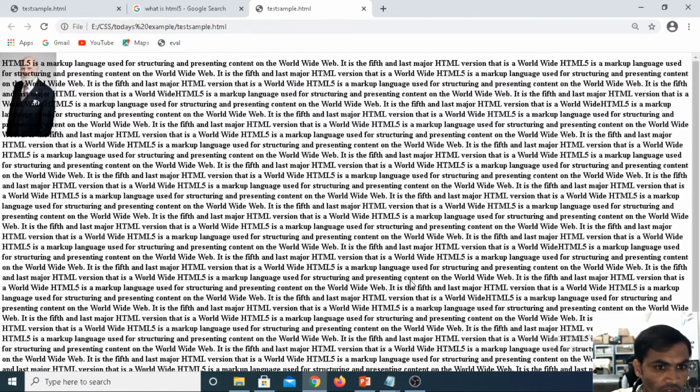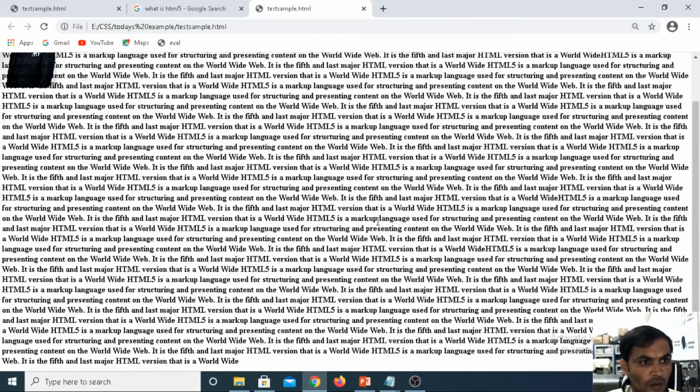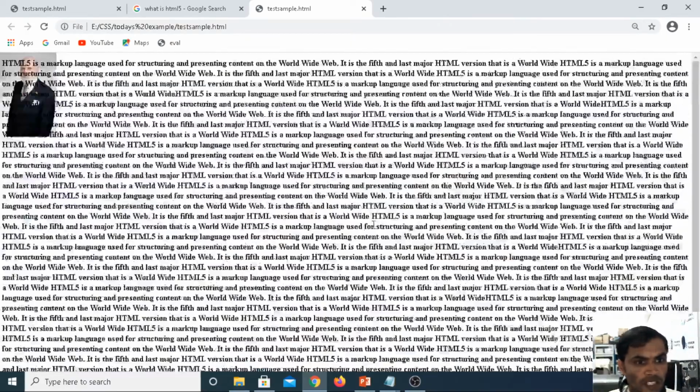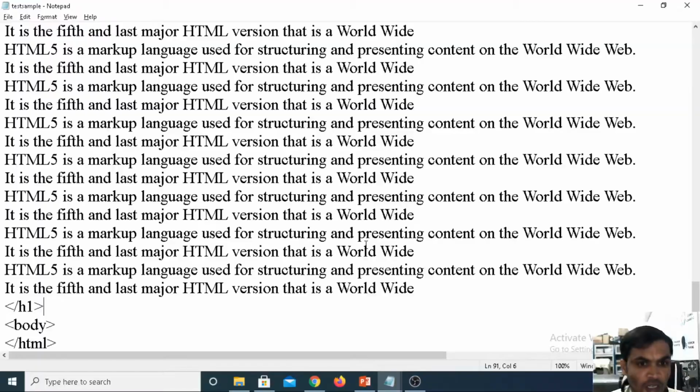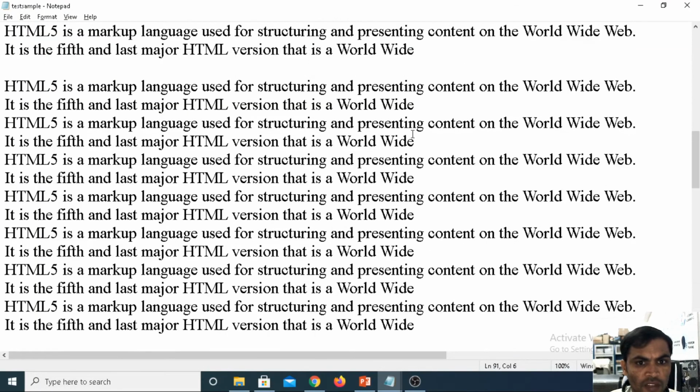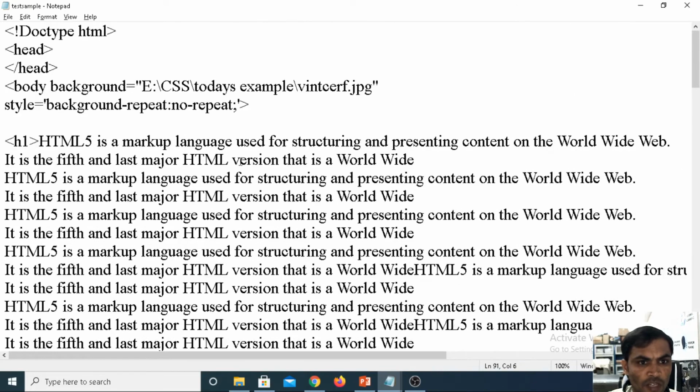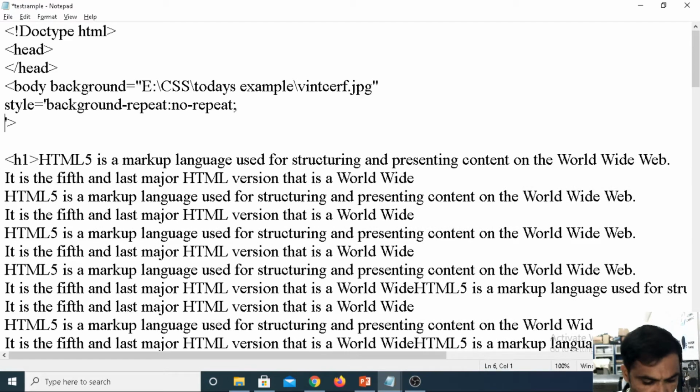When you are pressing F5, your image and the text are moving. Now if you want to eliminate the movement of your image and the text, then we have the attribute background attachment. Background attachment is the attribute.